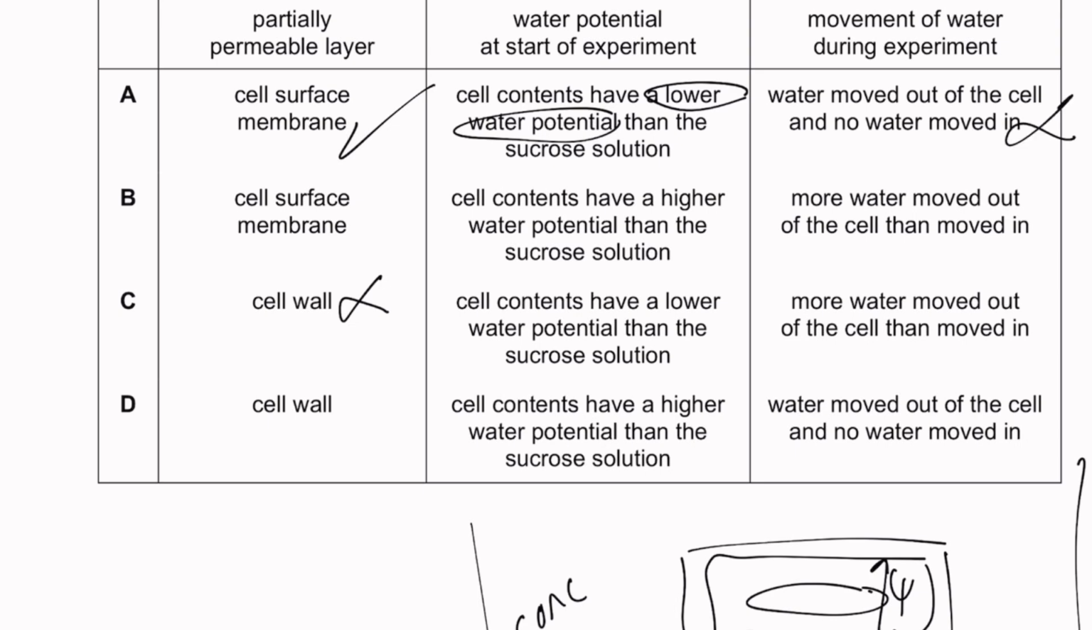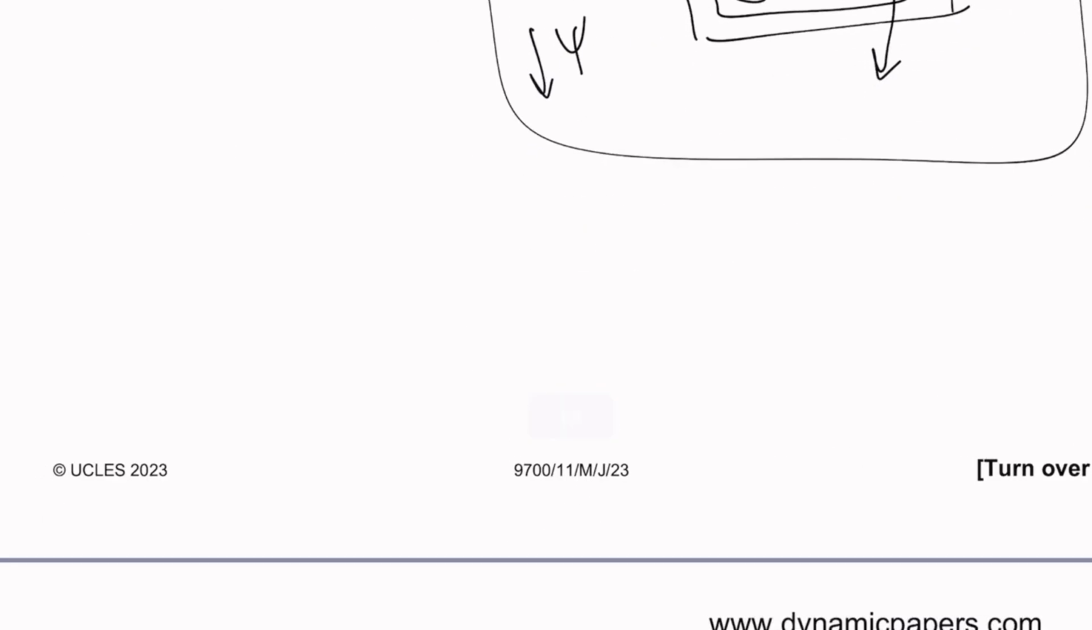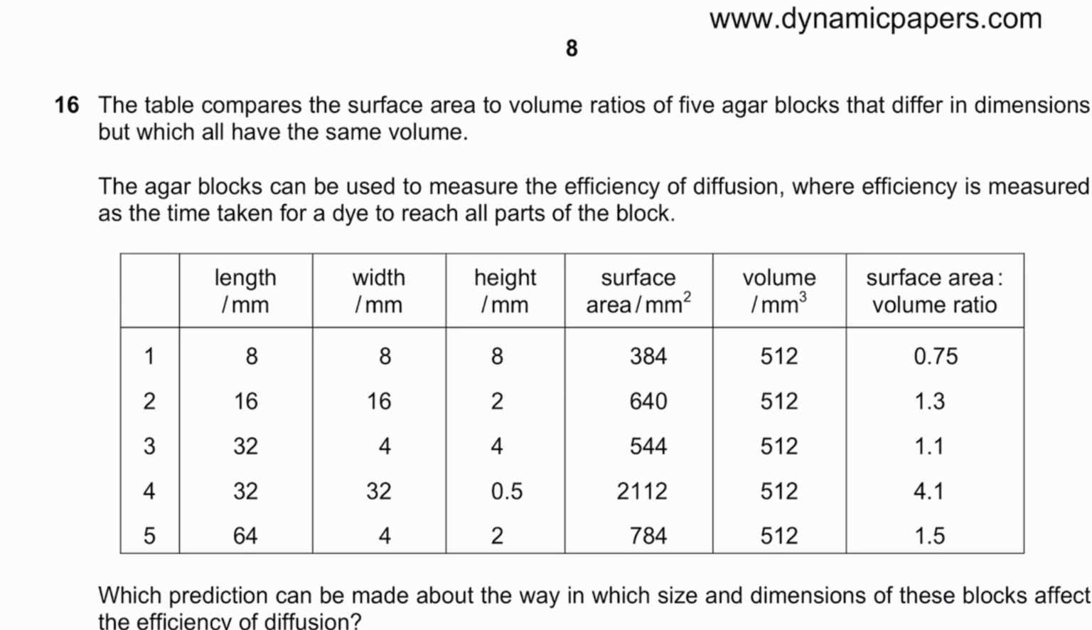Okay, moving on to B. Cell contents have a higher water potential than sucrose solution. Yes, water moved out of the cell and then moved in. Okay, that's more water moved out than moved in. Fantastic. Moving on to 16, the table compares the surface area to volume ratios of 5 agar blocks that differ